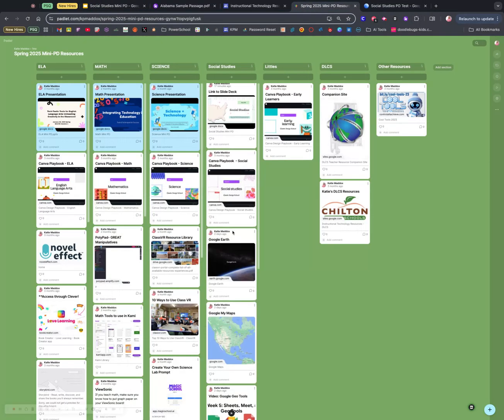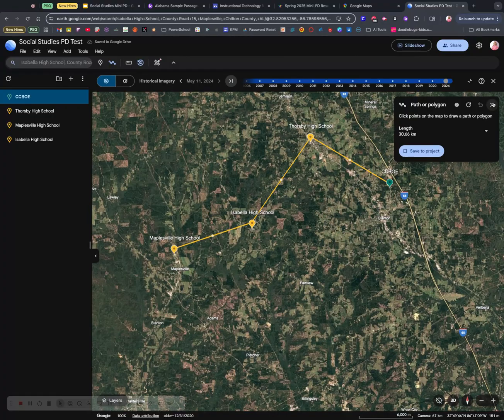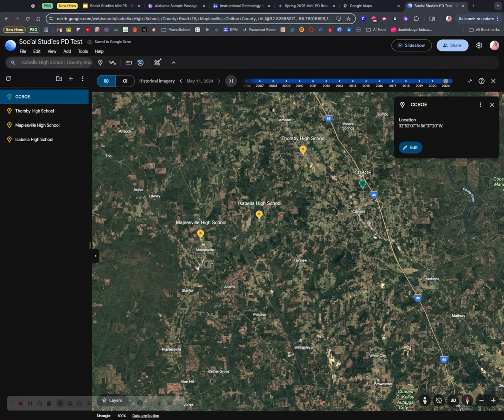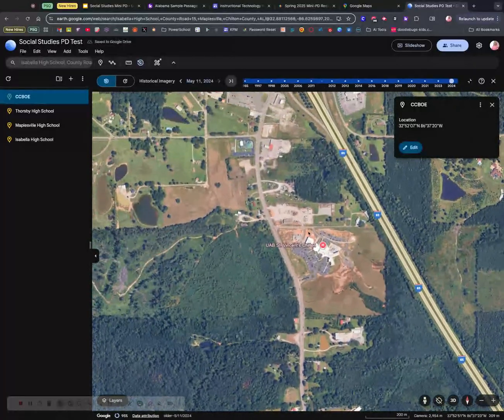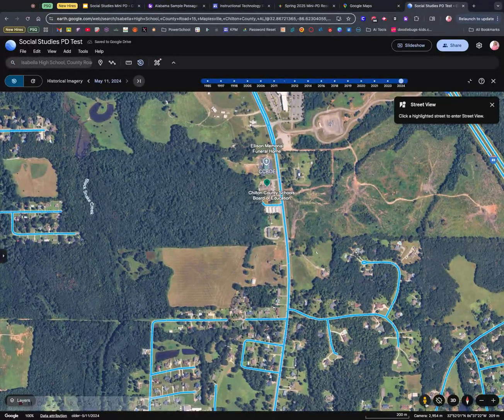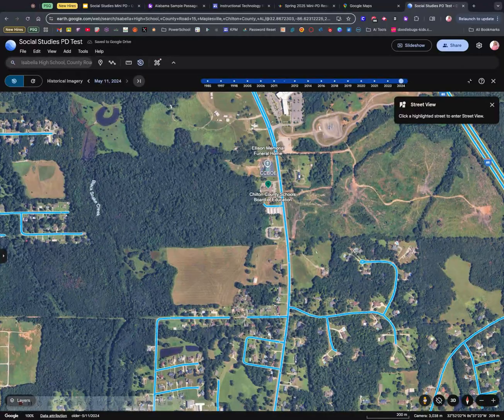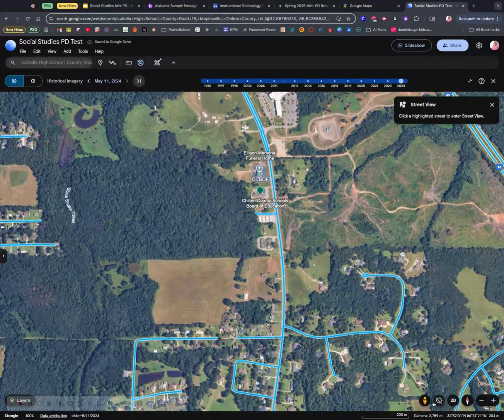So the next thing I want to talk about is Google My Maps. Now, the biggest difference between Google My Maps is going to be that most of the time, oh, I forgot something super important on Google Earth. Let me go back to Google Earth really quickly. This is what your kids will ask you to do all of the time, and that is to go into Street View. If you pull your little man down here on the bottom and click on it, it's going to show all of the places that you can drop your man. You can just drag and drop that person onto the map,